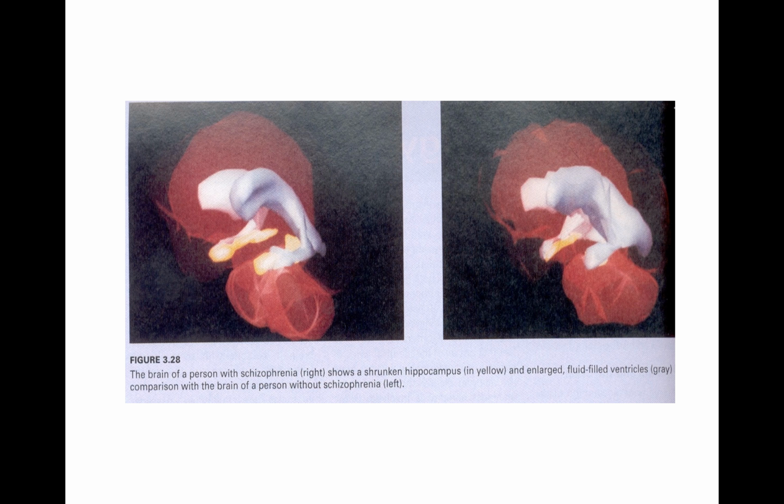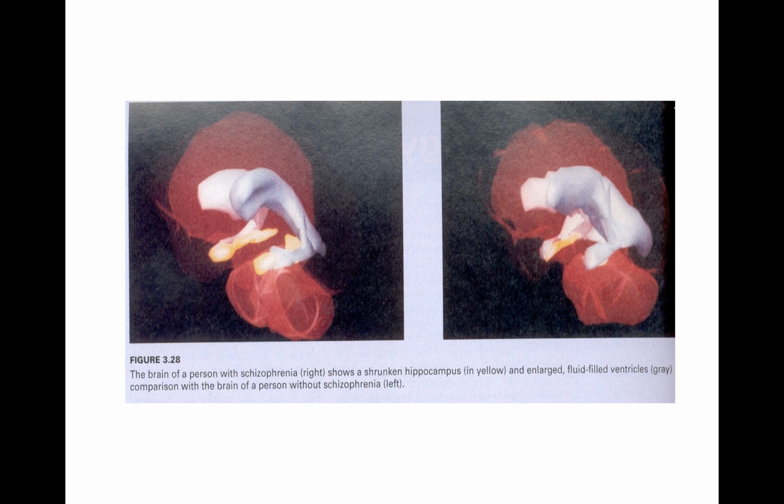Now, just as an example of some work that a physiological psychologist might do, I've posted this photo, and what you'll see on the right is the brain of a person with schizophrenia. This is a severe mental disorder where the person often suffers from hallucinations, delusions, disorganized thought. It's a common and a devastating disorder if untreated. On the left is a person without schizophrenia.